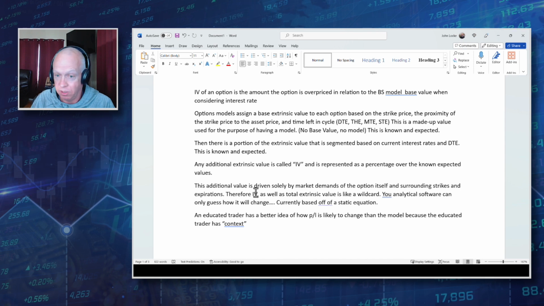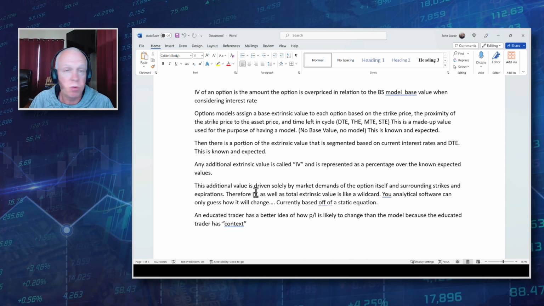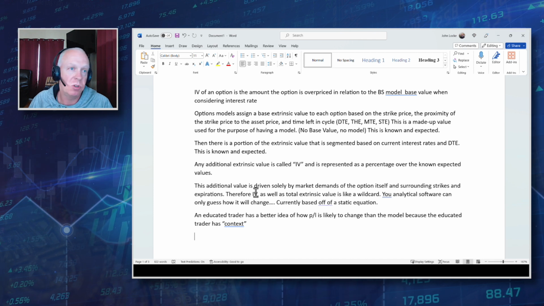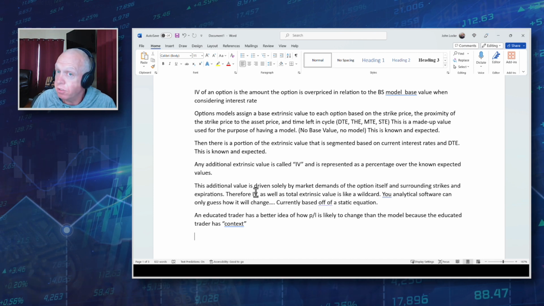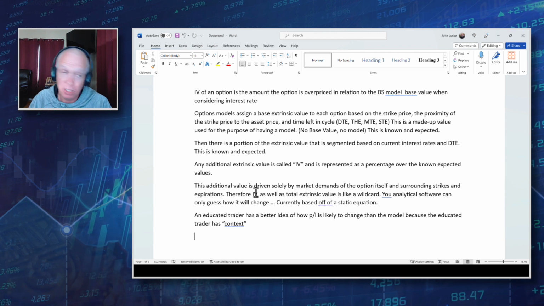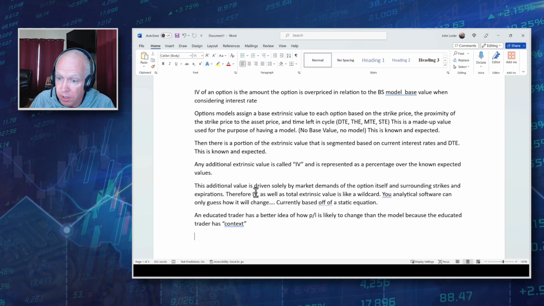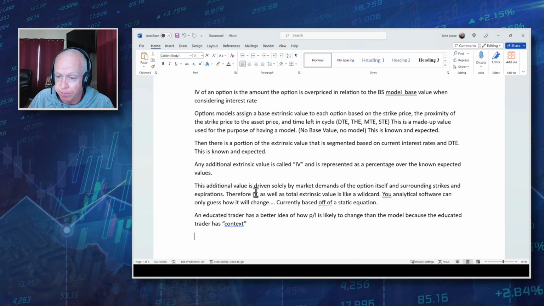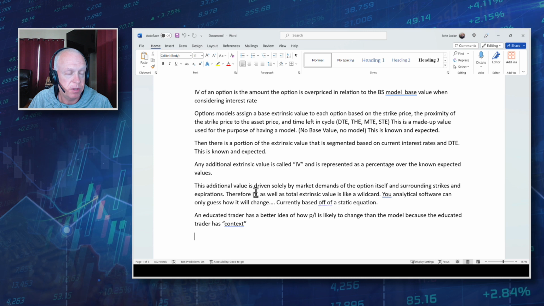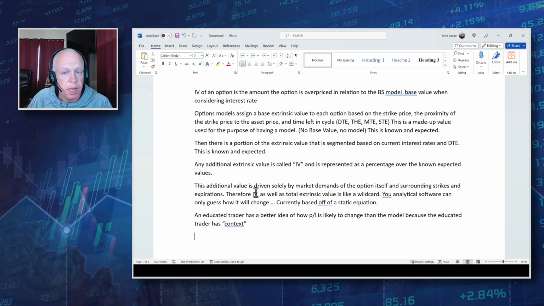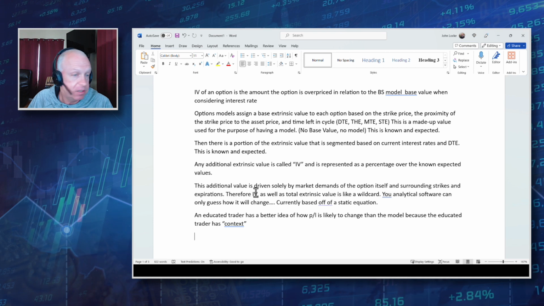And it calculates your implied volatility, but it has no way of knowing how it's going to change. It doesn't know how it's going to change with price movement. It can guess, but it doesn't know. It doesn't know how it's going to change with time passage. It can guess, but it doesn't know, right? So all your analytical software calculates your current implied volatility based off the current extrinsic value, and it guesses